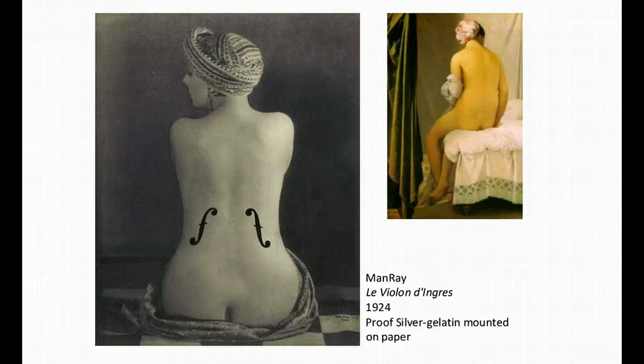He then realized, after printing it, that her back was very similarly shaped to a violin. And so he used a knife and incised the photograph, actually removing the shapes of what are known as sound holes. And you are all familiar with what those look like on, say, a guitar, or in this case, those are the shapes that would be found on a violin, or a cello, or a more orchestral string instrument.